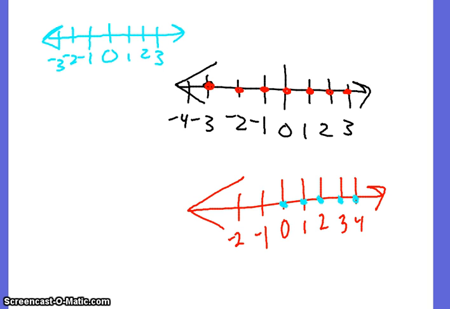It'll be a line. I just drew an open circle over my -1. So I said it couldn't be -1, did I? So I said anything bigger than -1. You're not going to do this today, I'm just showing you. And I draw a line. So I said draw the rational numbers bigger than -1. I represent that with an open circle.